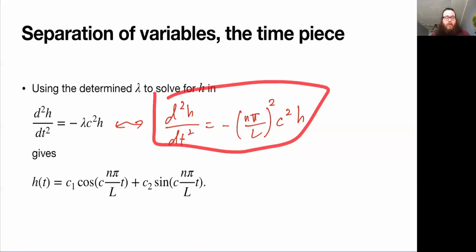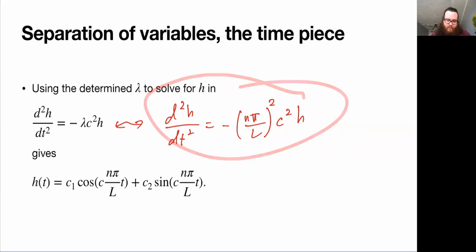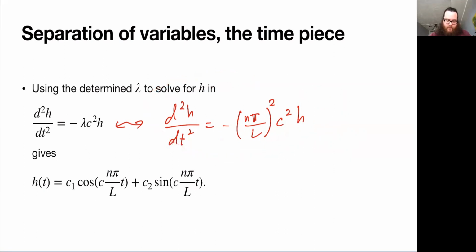And so now this is a constant coefficient, second order ODE, where we have a minus constant times h. But the thing is, this piece right here is positive. And so all of this gives solutions like this. You can double check: if you start with the solution, take the derivative, you're going to get